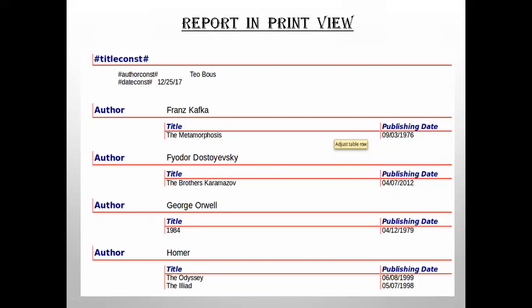It will be opening as a Writer document in the non-editable form. It will be displayed in the read-only mode. You cannot click and change anything. So here you have to click on the close button to close the report window.